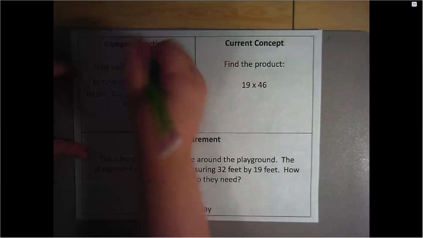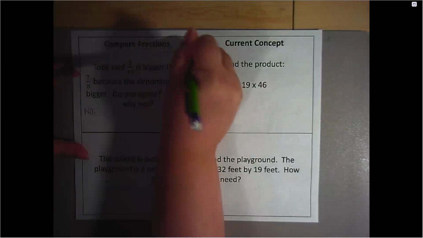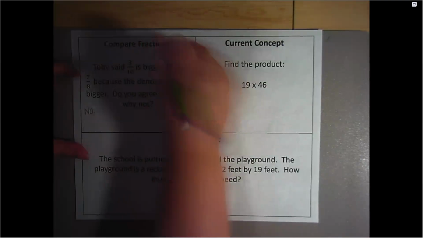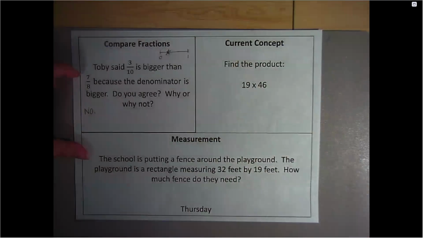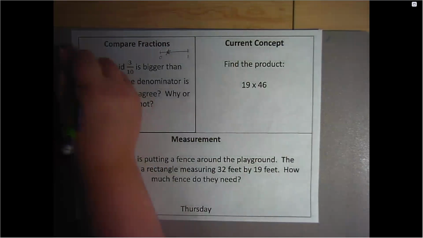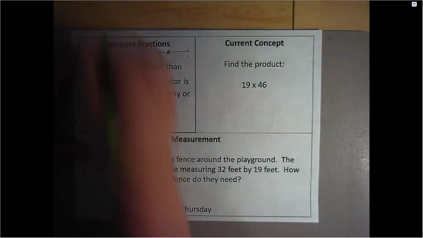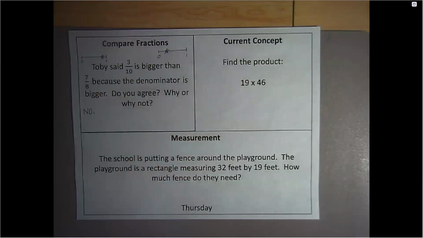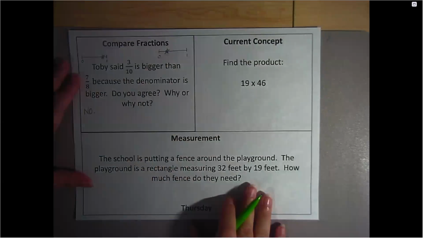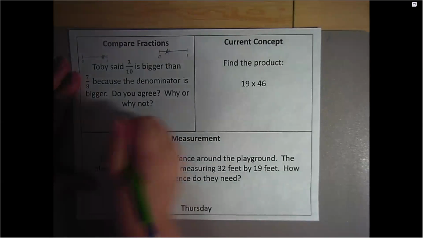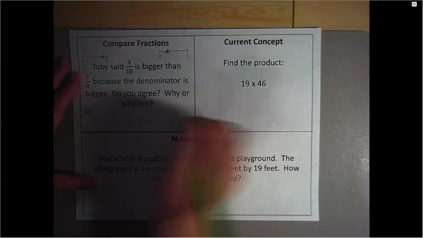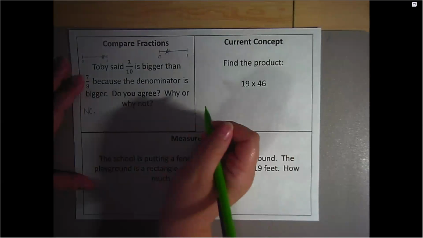So if I were to think about it on a number line, if this was 3/10, and this was 0 and this was 1, 3/10 would be right about there. And if this was 7/8, and this was 0 and 1, and 8/8 is 1 whole, 7/8 would be right about there. So if I were to put them above and below each other, 7/8 would be greater. And so my rationale to this answer is no, I don't agree with Toby because